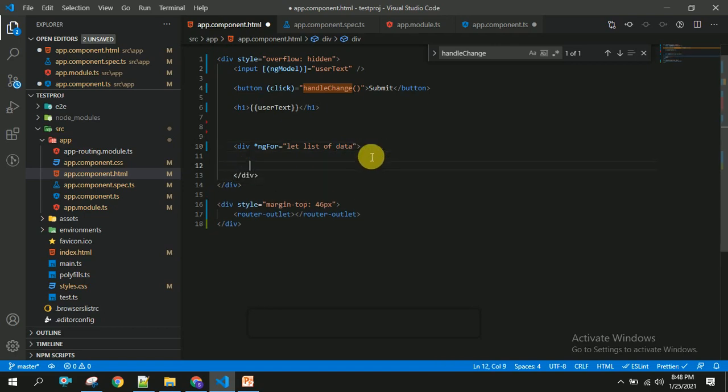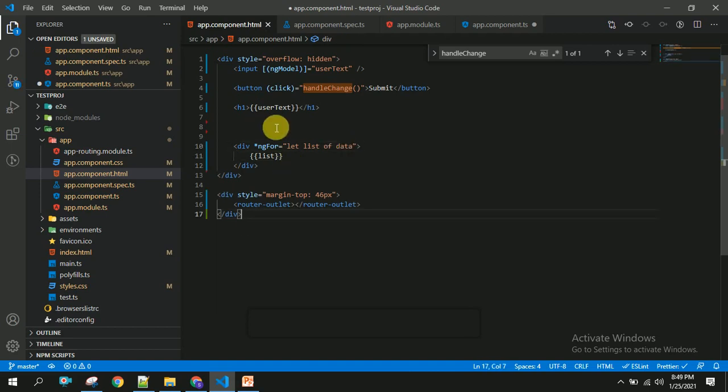As you already know, if you use interpolation you will be able to bind the data, and I am using this interpolation to bind our data. This interpolation is called one-way binding, and ng model is called two-way binding.